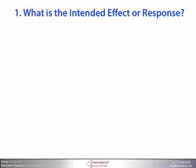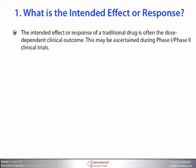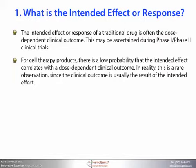So the first question to ask is, what is the intended effect or response? The intended effect or response of a traditional drug is often the dose-dependent clinical outcome. This may be ascertained during phase 1 or phase 2 clinical trials. For cell therapy products, there is a low probability that the intended effect correlates with a dose-dependent clinical outcome. In reality, this is in fact a rare observation, since the clinical outcome is usually the result of the intended